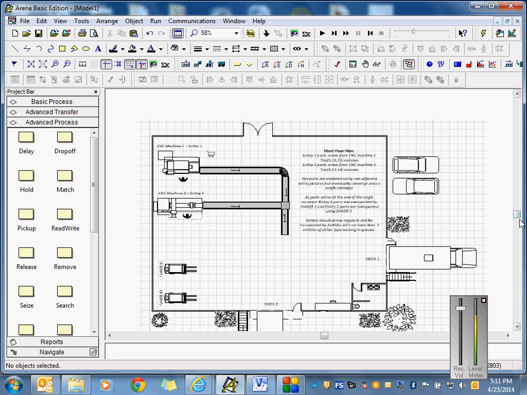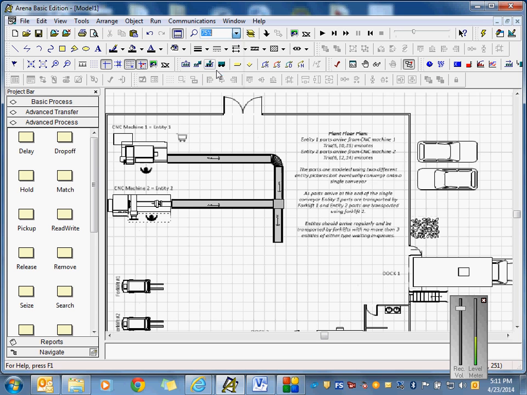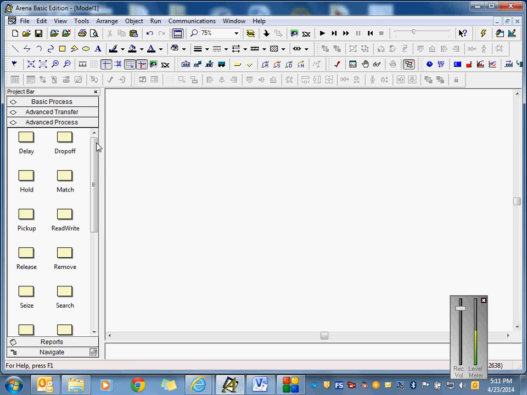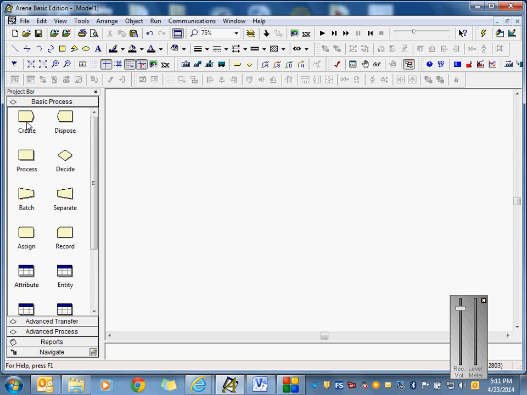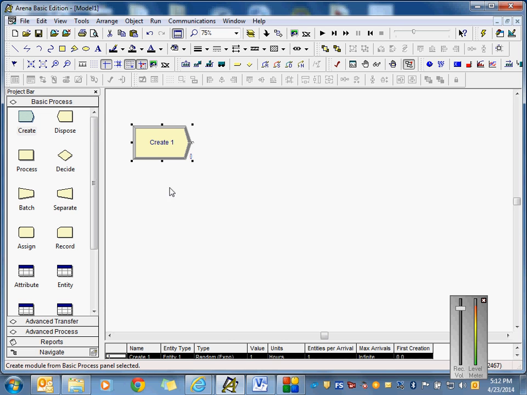So the first thing we'll do is, I got to look at these real quick here. Entity 1 parts arrive TRIA 5, 10, 15. Entity 2 parts arrive TRIA 6, 12, 14, all in minutes. So we'll come up here, and since all we're doing is really just modeling the transporter part of this, the conveying and distances, we're going to create two parts. First part, I'll zoom back out,